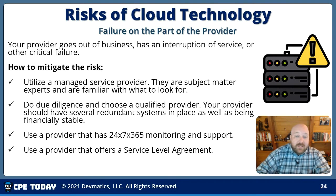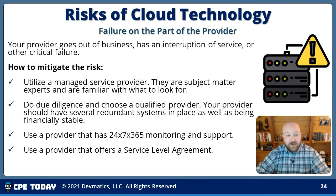The provider could go out of business. They could have an interruption. They could have another critical failure. If you're trusting, you have to trust somebody at the end of the day. What I would tell you, utilize good companies. I'm a big fan of utilizing companies that have a strong track record and level of expertise